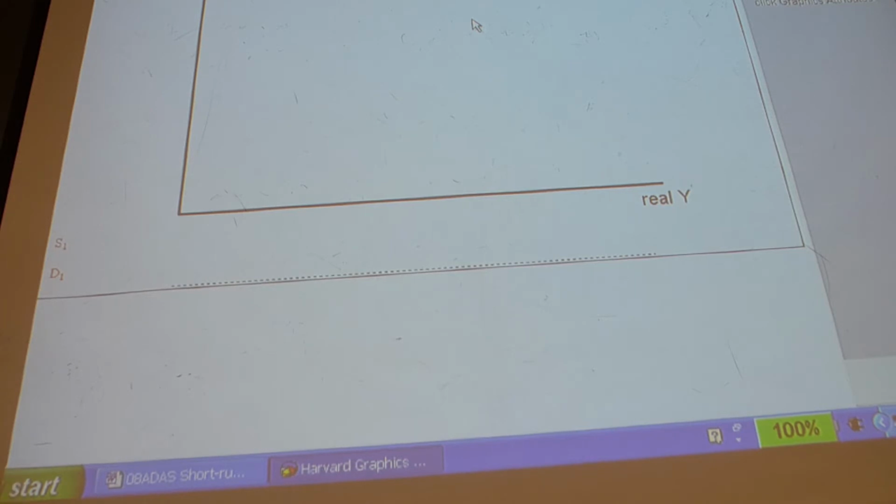Now remember, what is a demand function? It is the relationship between a price level, a price, and a quantity demanded. Well, it turns out we're going to do this at the macro level. Aggregate demand is the relationship between the price level of the society and GDP, the output of the society. All right? So we're going to work with this. The price level on the vertical and real GDP on the horizontal, real Y. Must be real, everybody. So we're going to ask ourselves, what is the relationship between a change in the price level, it may be caused by inflation or deflation or whatever, and expenditure?